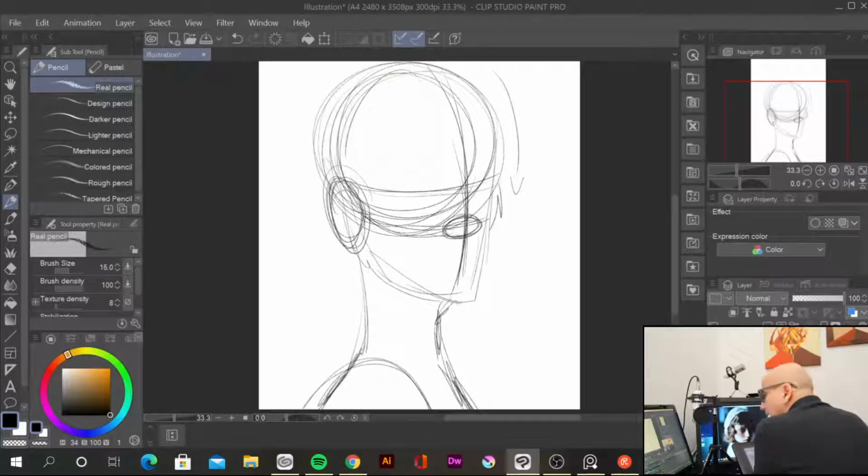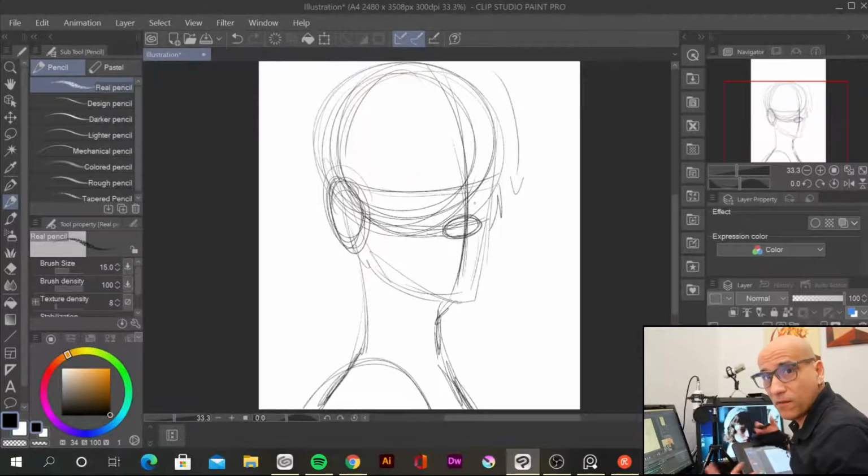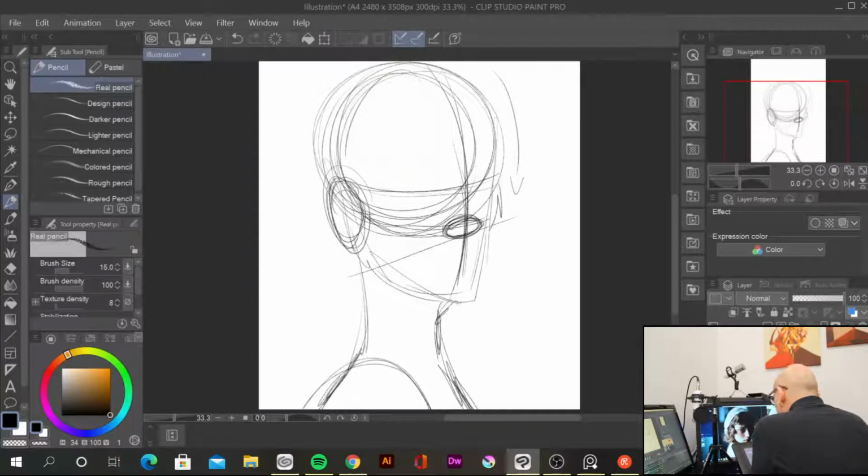Let me tell you something. I'm not doing a portrait. I'm using this face as a base, which is a reference. It's not a portrait because I'm not that good at portraits actually. So yeah, let me put this and this so we know where the direction of this is. 1, 2, 3.